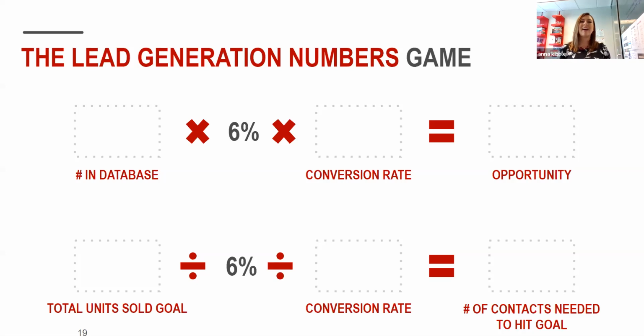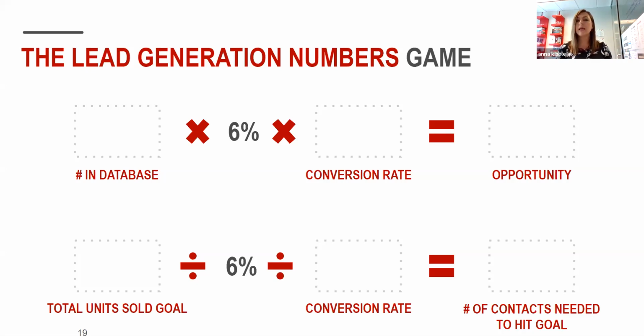The first being that 60% or so, give or take a couple of percentage points, of American adults are homeowners. So that means naturally that the 40% who aren't homeowners and are never going to be homeowners will never do a transaction with you. But they live in your database anyhow because they can refer business to you. So leave them there. It's good that they're there. So 60% of Americans are going to be homeowners at some point, right? And then we know that people on average right now are making moves every 10 years. So if you do that math, it boils down to 6% annually in your database will actually buy or sell a house.